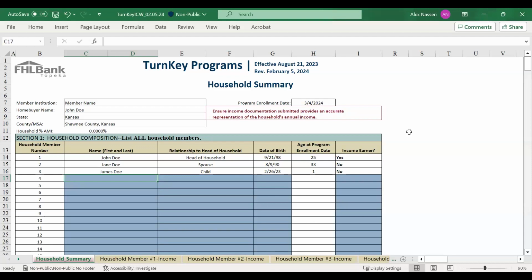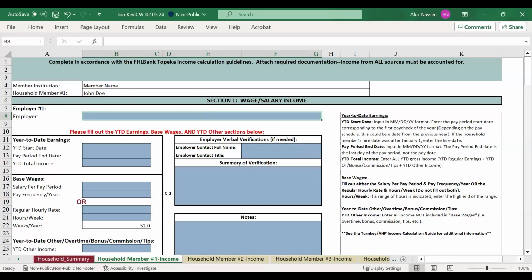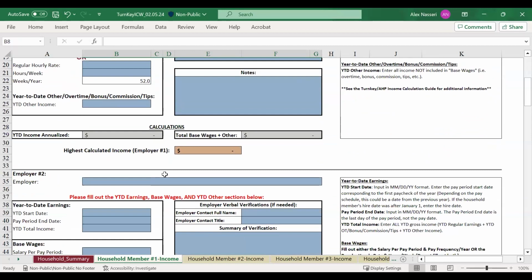Once you have the income documentation and have completed the Household Summary tab of the ICW, we are ready to enter the income on the Household Member Income tab. If you don't know how to complete the Household Summary tab, please review our General Overview and Household Summary video and other resources on our website. You will enter self-employment and current rental income in Section 3,